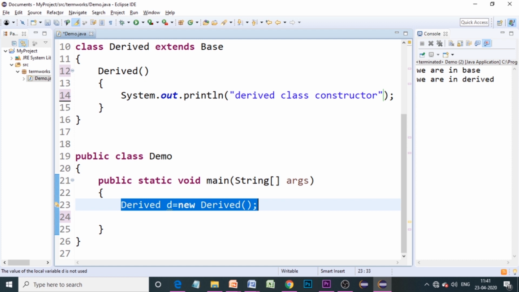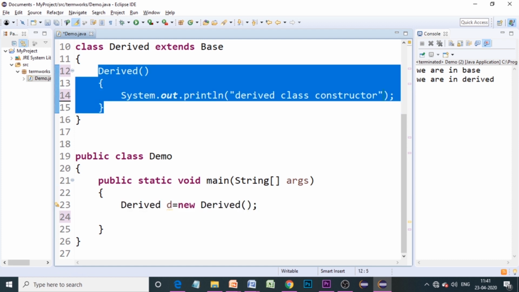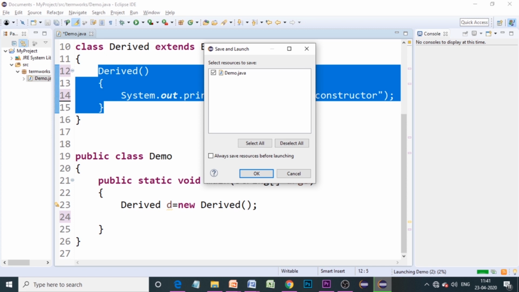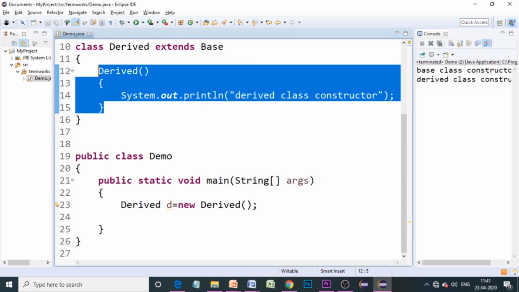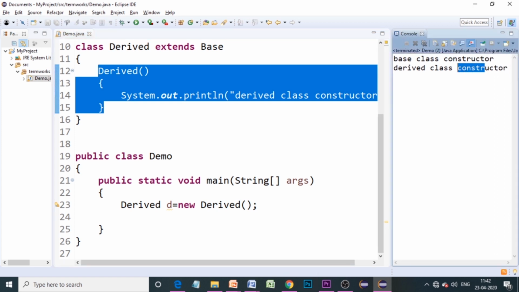So here we have the constructors, correct? So obviously it has to execute the constructor. Let's execute this and see what will be the output. Yes, we have got two things here in the output, base class constructor and derived class constructor.